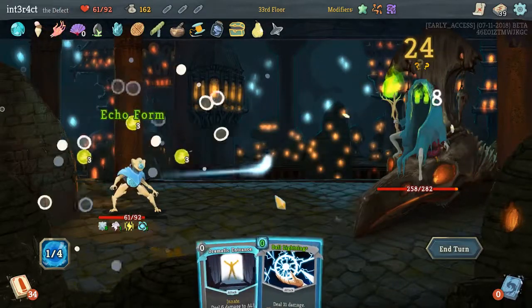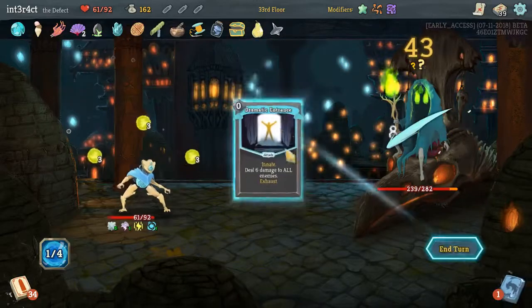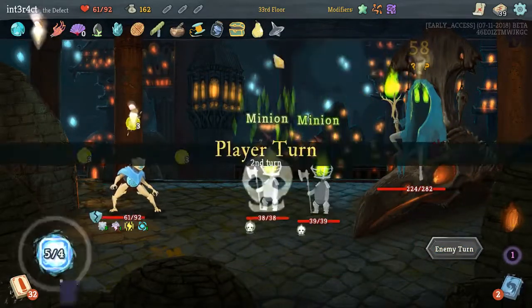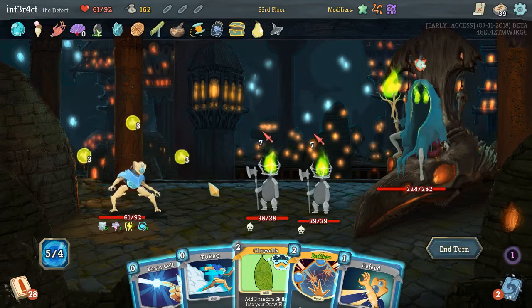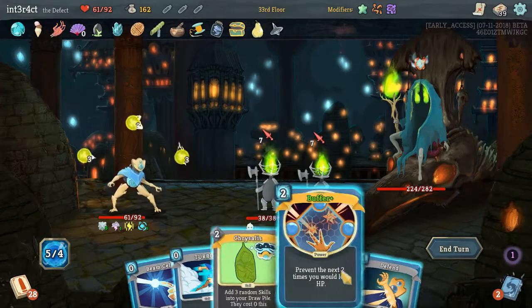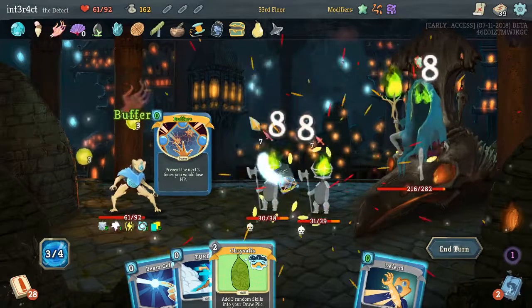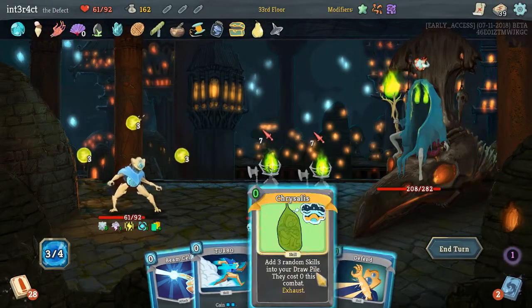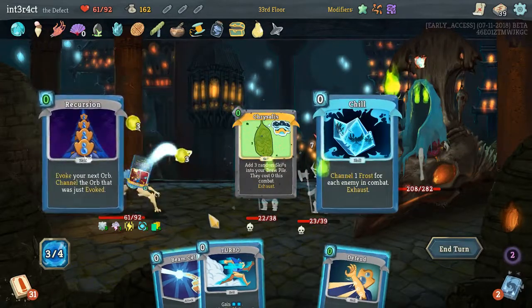And I believe Echo Form actually works on the first turn that it's played. It does not. I am incorrect. I forgot, literally, after talking about how good Unceasing Top is. I literally just spoke about it. I forgot what it did. So...